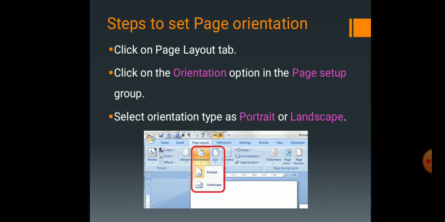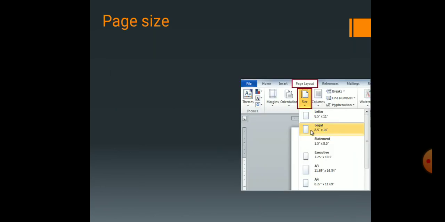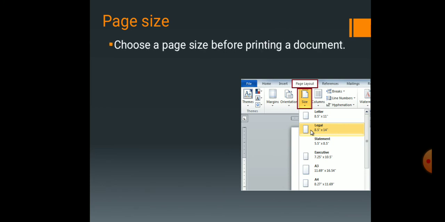So next we are going to see about page size. We have defined the page margin, and also we have set up how to take the printout either in portrait or in landscape. Now we are going to set up the page size, how much the page size should be. You can set this page size before taking the printout of a document.